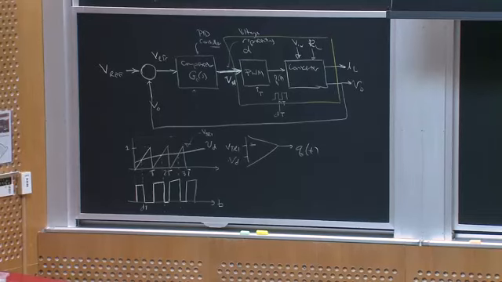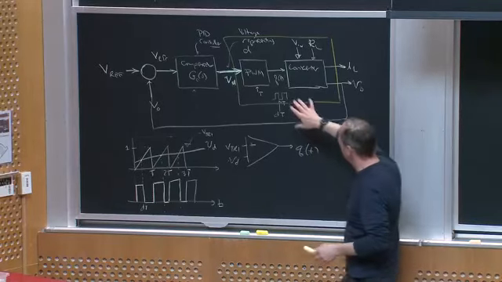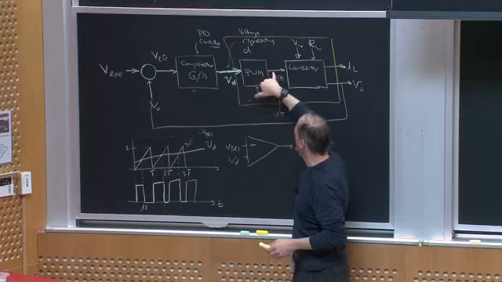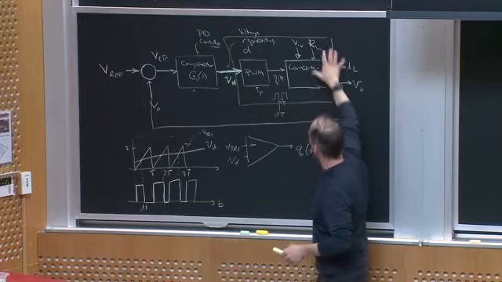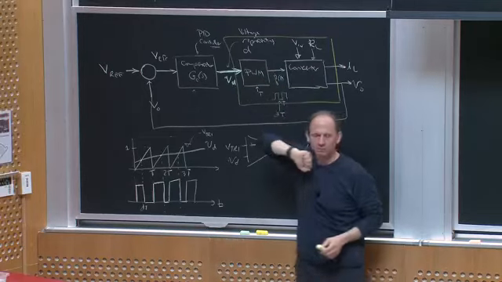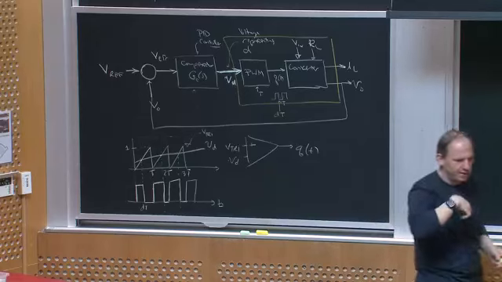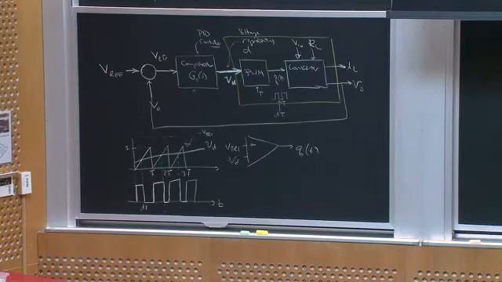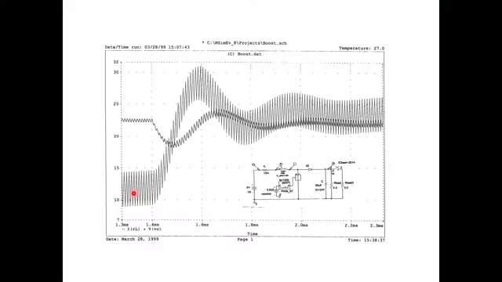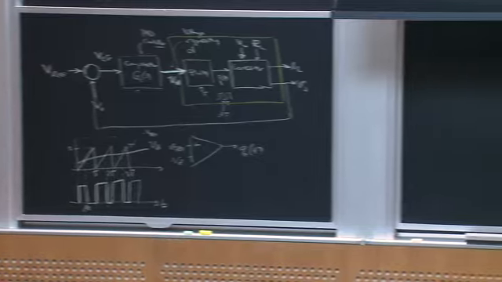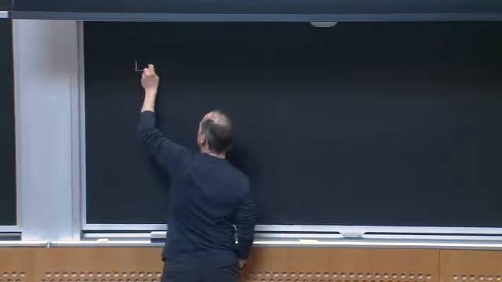Okay, but this tells me how I got from duty ratio to the Q of t, but it doesn't tell me how I model this whole block. Okay? And that's what I'd like to talk about now. And we said we are not interested in this high frequency ripple, but only the low frequency behavior, okay? And towards that end, I'd like to introduce what's known as a local average. So the local average operator